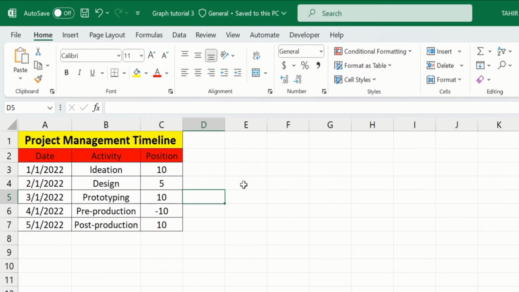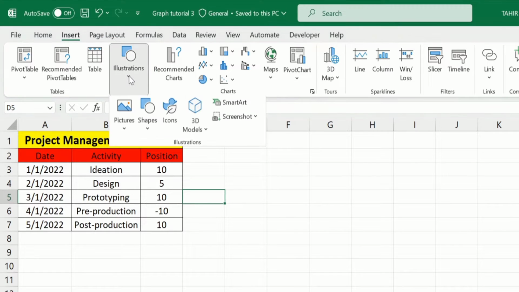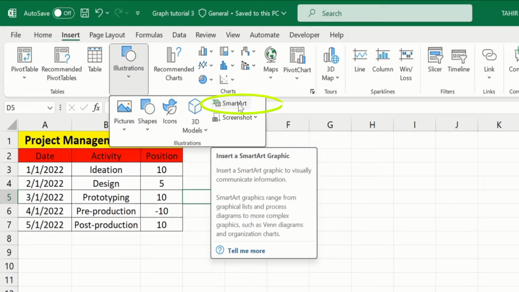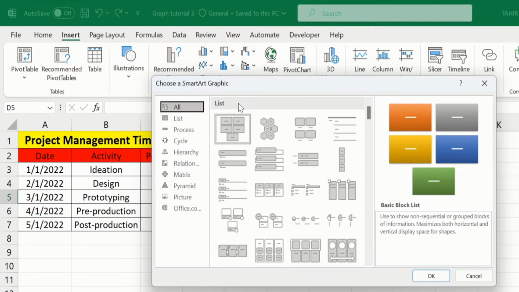To create a timeline in Microsoft Excel, go to Insert option, and under Insert option, you will find the option of Illustrations. Click on this arrow sign. You will find multiple options, and at the corner you will find the option of Smart Art. Select this option. A pop-up window will appear. From here you will find multiple options. Choose Process,